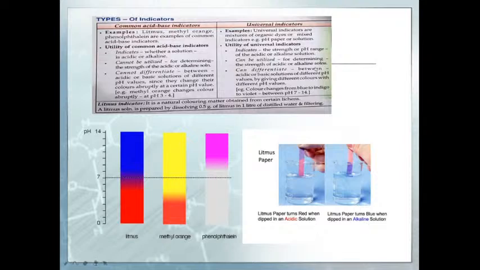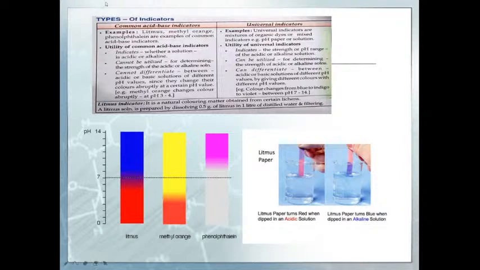But if you are using universal indicator, you will come to know the exact pH value of the particular substance, and then you can easily find out the strength of the acid or base. We can utilize it to determine the strength of an acidic or basic solution in the presence of universal indicator, but we cannot determine the strength of an acidic or basic solution with an acid-base indicator. So if you want to find out the strength of a given substance, you will definitely be